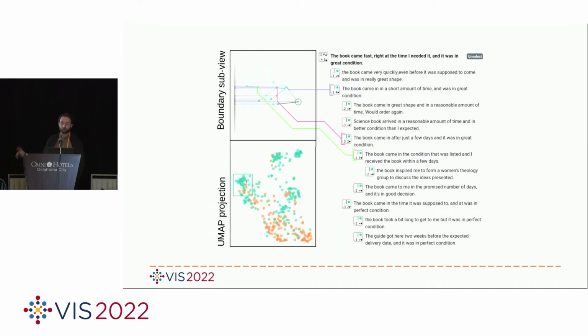I will now present a case study for A/B text. In this case study, I will show how A/B text proves that a neural network was able to capture nuances in the review of products sold on Amazon. Green data elements are positive reviews and should be placed on the right of the decision boundary. Orange data elements are negative reviews and should be placed on the left of the decision boundary.